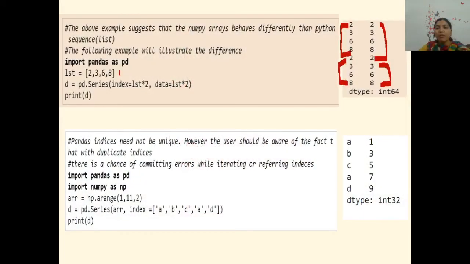But remember, you should normally keep them unique, because otherwise duplicate indices have a chance of causing errors whenever we are iterating or referring to the indices. So generally we should avoid the repeated index. Though here it is repeated, it accepts. It will not give you an error, but we must avoid it.